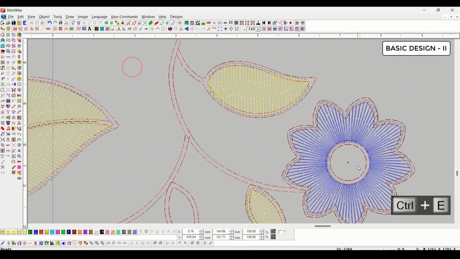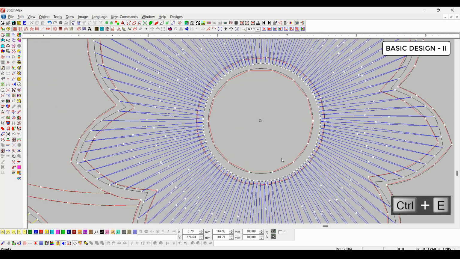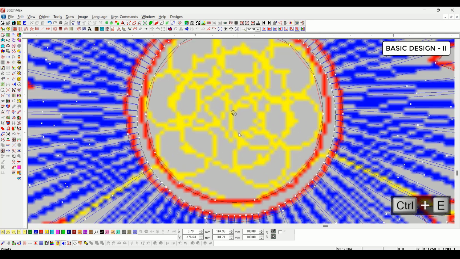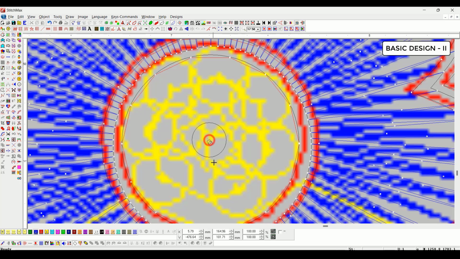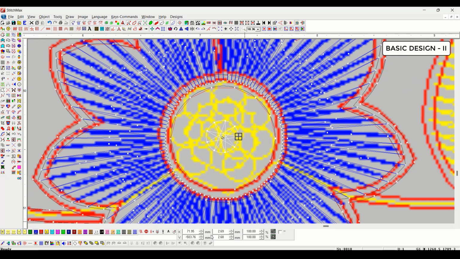After all the flowers are complete, you have to draw a circle here. After drawing the circle, we have to apply star fill from here. We will see its size here in X and Y. You have to turn on this option so that the size of the star is the same in both X and Y. After that, here we have to enter 3 by pressing. This will make the size of the star 3 mm.